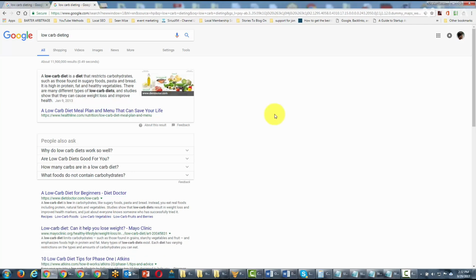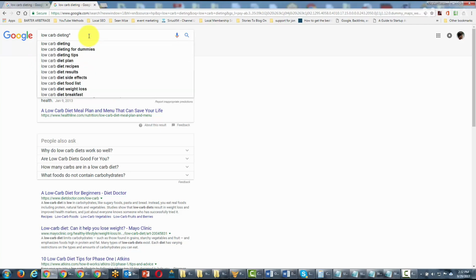Now, another way to do a search is when you're not quite sure of all of the words that go in between a particular multi-word keyword. Then you'll want to do what's called a wildcard search. And you can do a wildcard search by using the asterisk. So what we're going to do is take a look at the term as it is. You'll see that right now it's giving us 11 million results. We are going to now change this to an asterisk.